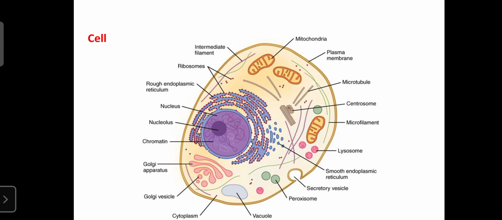Now we can go on to the cell. You already know the cell. The organelles present have unique functions, like the mitochondria, which is the power of the cell. Then the microtubules are helpful for cell movement during cell division. The microfilament maintains the strength and motility of the cell. Then the lysosome is helpful for the digestion of waste materials. Then smooth and rough endoplasmic reticulum are involved in detoxification, or form ribosomes with the rough endoplasmic reticulum. This was already studied in human anatomy and physiology, so I will not explain more here.